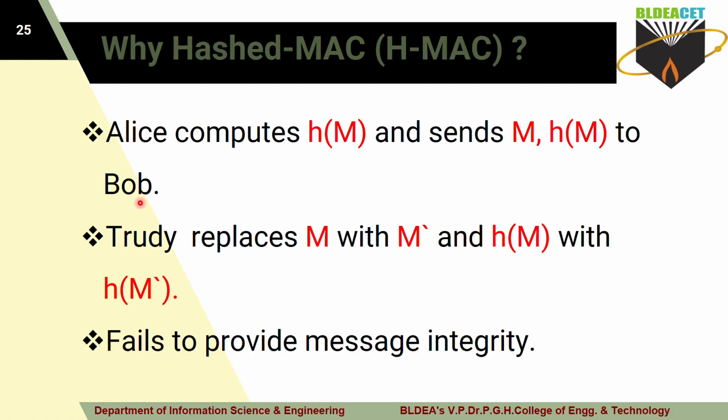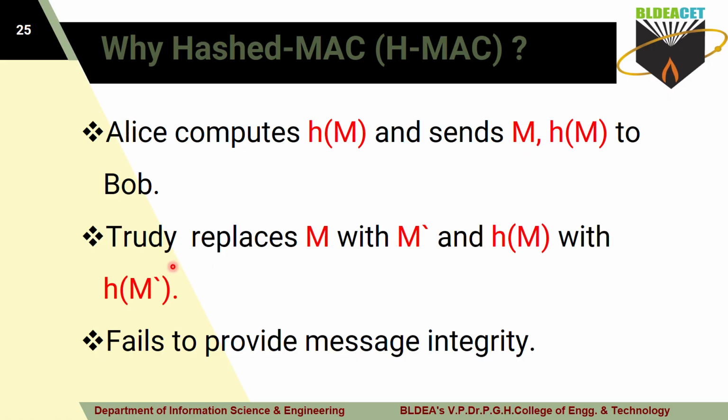At the receiver end, Bob receives it. After receiving, Bob applies the same hash function to the message. The hash value Bob gets is compared with the received hash value. If it is the same, it means this message was sent by Alice only. That's why it can prove the integrity here. Yes, it proves that you are receiving the message from Alice only.